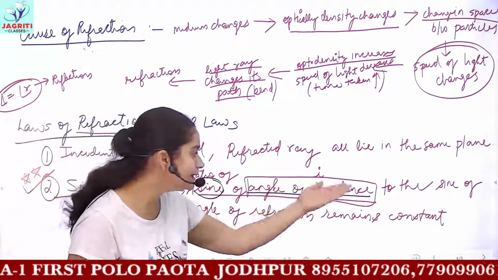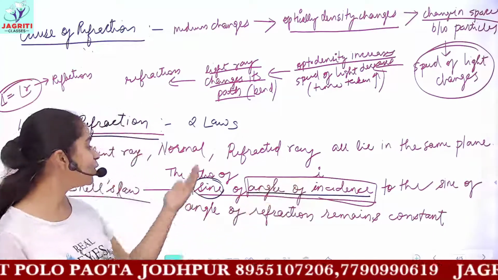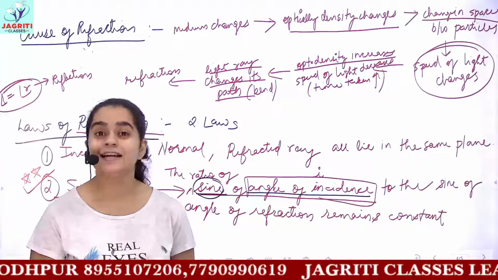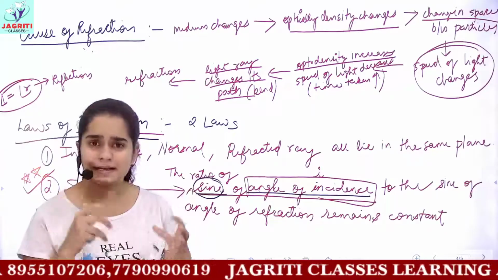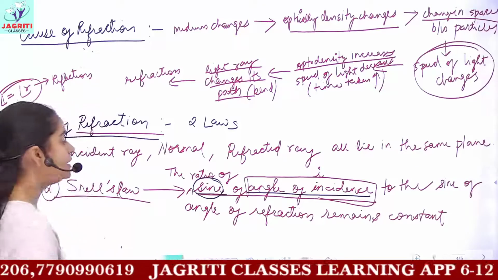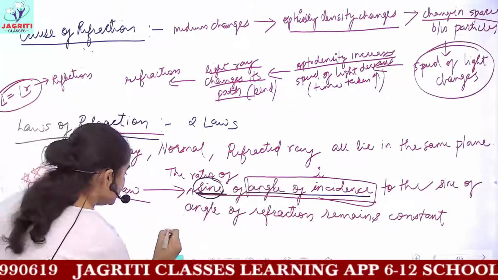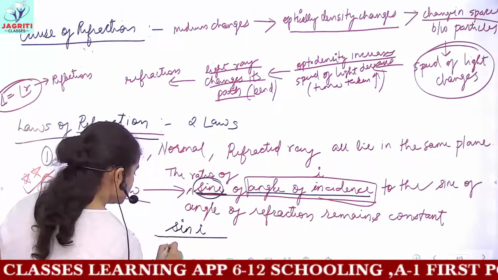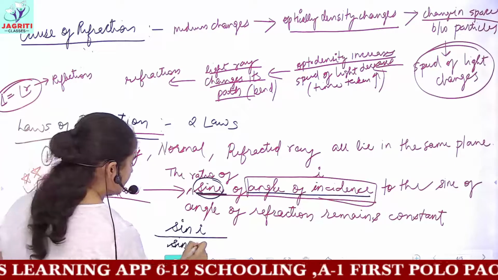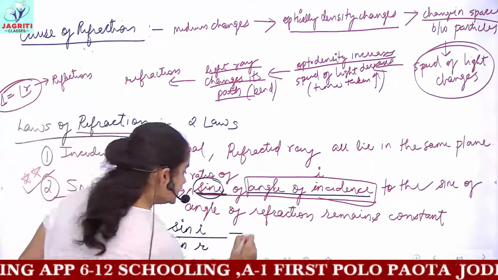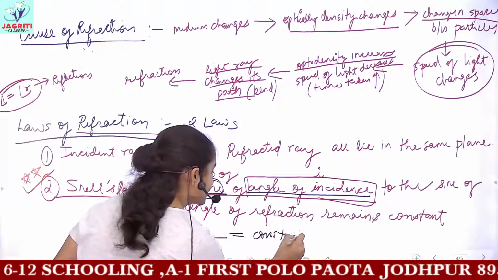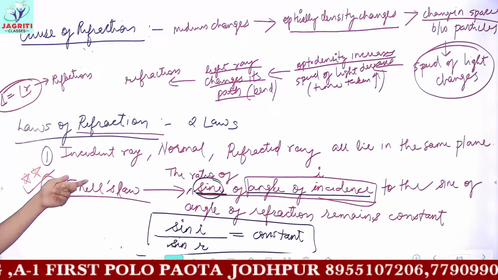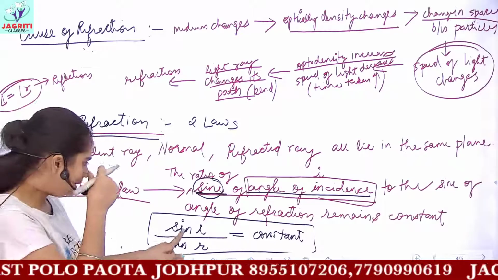So before the angle of incidence, which is angle i, we put certain parameters known as sine, cos, tan, then you have cosec, secant, cot. These are the different parameters which you will be reading in mathematics, and the sine of angle i is represented as sin i, and you have to take the ratio. So the ratio of the sine of the angle of incidence to the sine of the angle of refraction is equal to a constant value. In this manner, you can depict mathematically the second law of refraction, or Snell's law. Okay? We'll be dealing with this more.